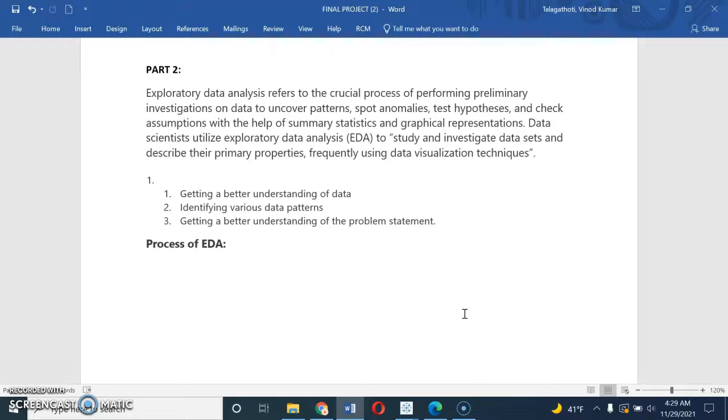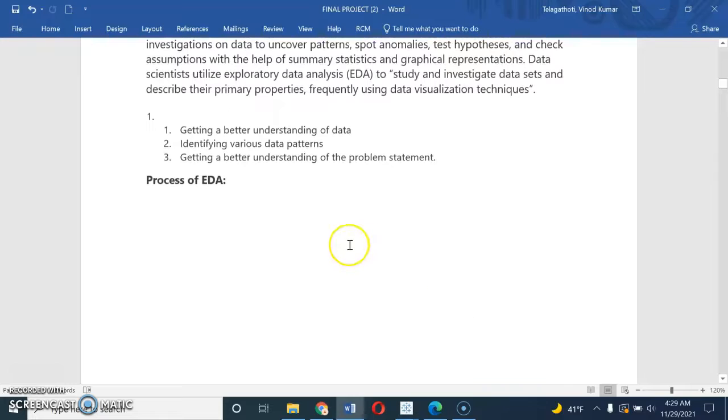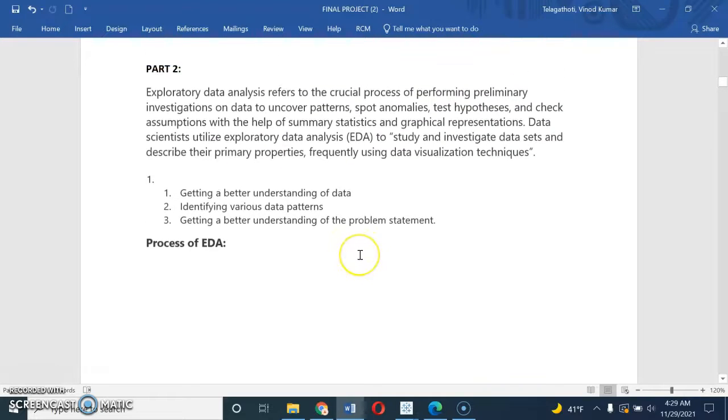So if the EDA is good, then the process will be in an organized manner, and it's going to deliver good data. For example, EDA can be used to get a better understanding of data, and it can be used to identify various data patterns. It's like getting a better understanding of the problem statement.